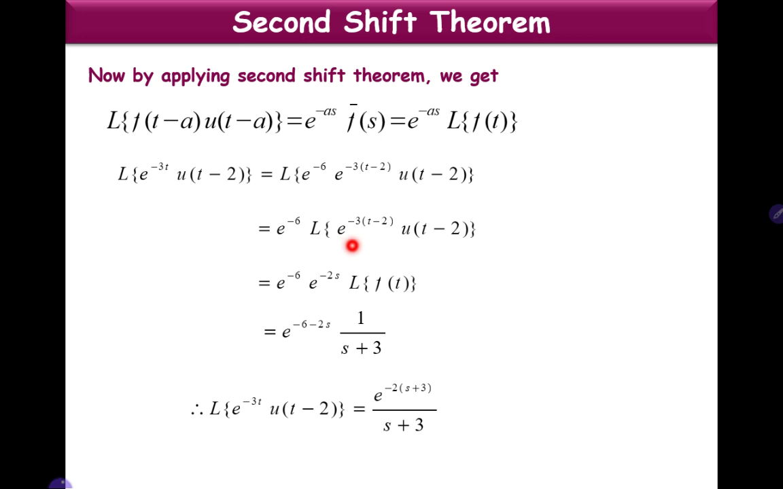So we have here L of f of t minus a into u of t minus a, but L of f of t minus a into u of t minus a is e power minus as into L of f of t. So here a is 2, therefore this is e power minus 2s into L of f of t, and L of f of t is 1 by s plus 3, and e power minus 6 into e power minus 2s is e power minus 6 minus 2s. Therefore the Laplace transform of the given function is e power, if we take minus 2 common from this, we get e power minus 2 into s plus 3,